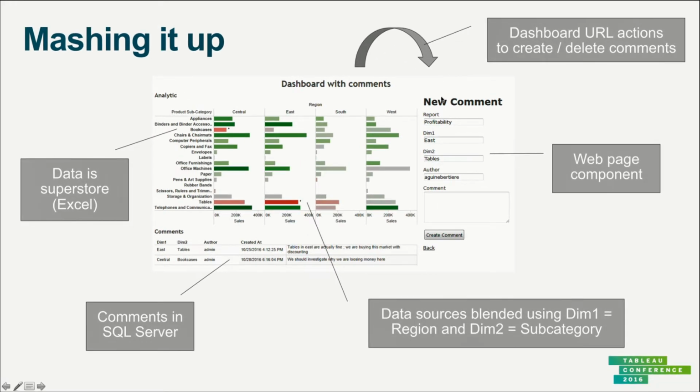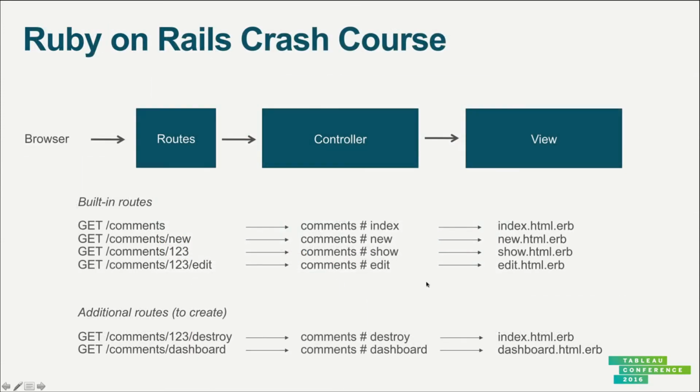Now, again, for those of you who are going to implement this using Ruby on Rails, these are the routes that are built in when you create a scaffold, right? So if you go to /comments, you get the list of all the comments. If you go to /comments/new, you get the new form. If you go to comment/an identifier, you'll be able to display a comment, and then /edit, you're going to get the form to edit it. The one you don't get is the destroy